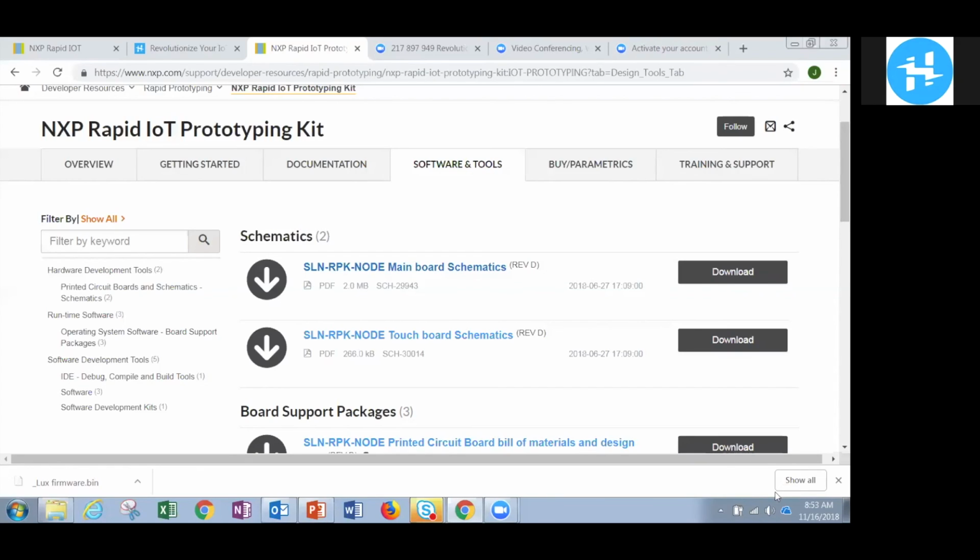So the main idea is that you will buy the Rapid IoT, and the board itself doesn't require additional accessories. There is a bootloader on the board, unlike Exiware, which is a key differentiator from Exiware. If you want to reprogram it, as Jay explained during the lab, just press the button and reset the board, as explained in the user guide as well, and you will be able to flash the firmware on your